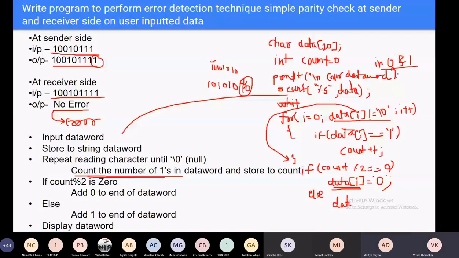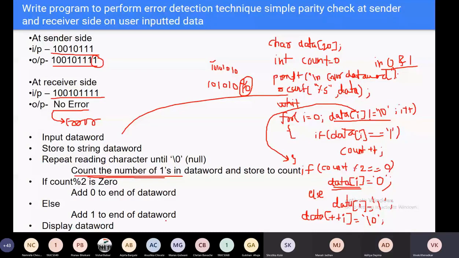Exactly. Are you getting how data of i is there? Yes, sir. Data of i is equal to 1, right? But when you add 0 or 1, the null is overwritten. So it's your responsibility, after all data is over, because every string ends with null, to add null at the last. So how to add null at the last? Again you have to use data of i plus 1, with pre-increment, because you want the first value and then you have to add null.